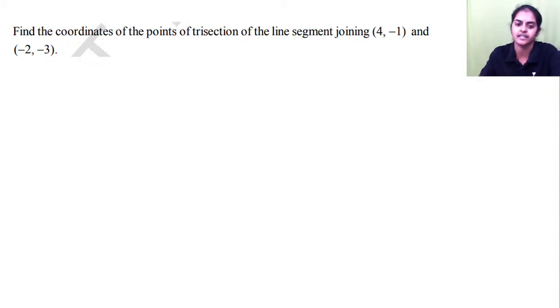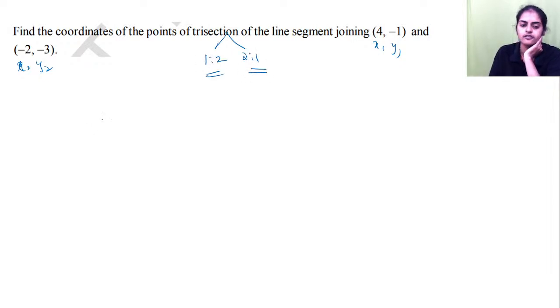Section formula. Exactly. So here just have a look. What do we do? This is point x1, y1. This is point x2, y2. Here trisection means it divides it into three parts. So one will be 2 is to 1, the other 1 is to 2 ratio. Okay, so case 1,